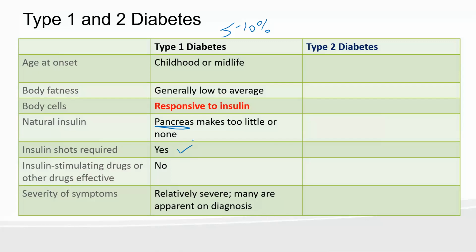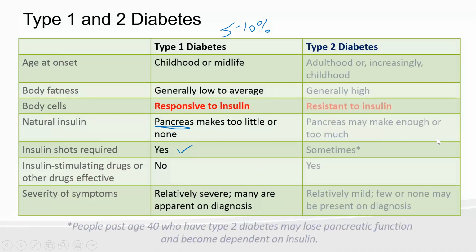So these are the people that would be checking their blood glucose by pricking their finger. Sometimes there are insulin pumps that they have hidden under their clothing, those kind of things. And it can range from being relatively mild to relatively severe. Often it's the long-term health effects that are the biggest concern, particularly if people are not taking care of their body and gain weight in the long run.